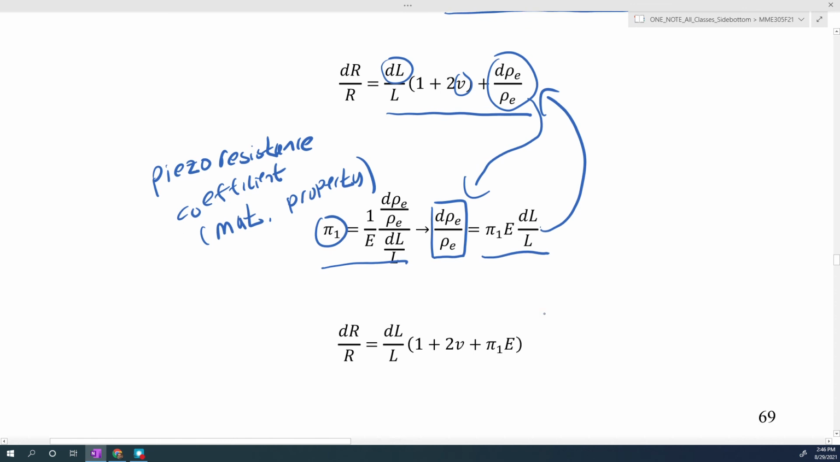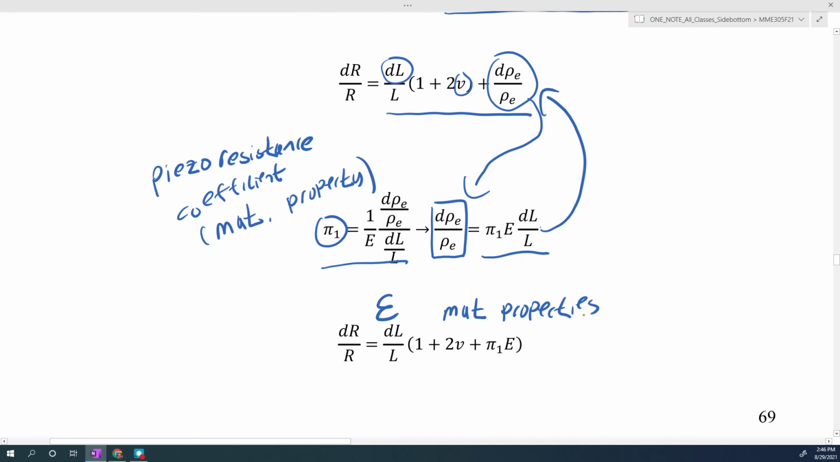So what we end up getting is that our change in resistance over resistance is proportional to the change in length over our length, which is the definition of an axial strain, times the ratio of 1 plus 2 times the Poisson's ratio plus this piezoresistive coefficient, which again is a material property, times the Young's modulus, which is another material property. So basically the change in resistance over the resistance is proportional to the strain within the material times a bunch of material properties